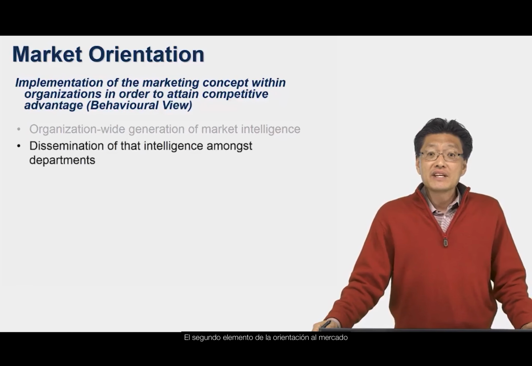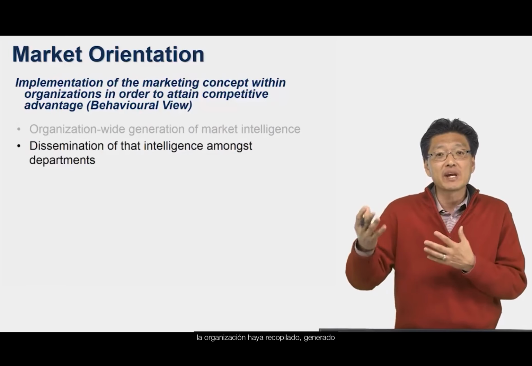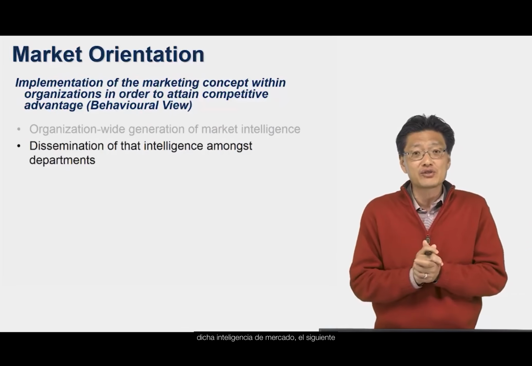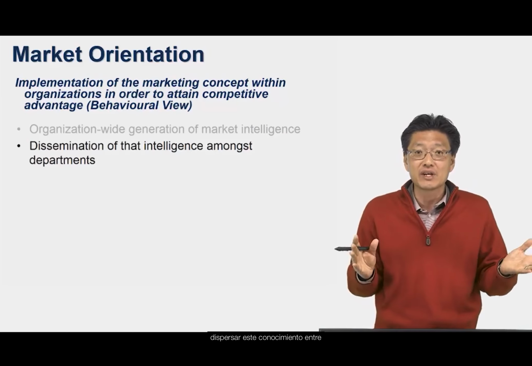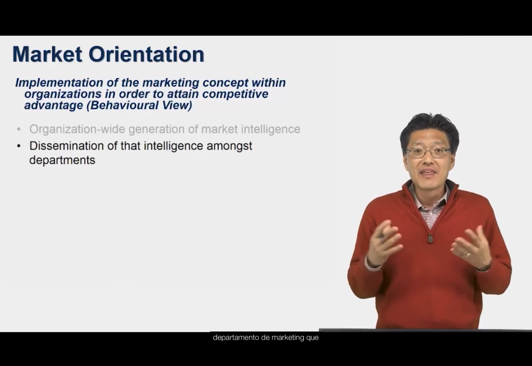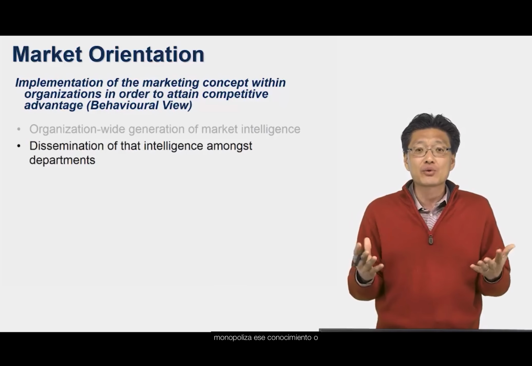The second element of market orientation is the dissemination of that intelligence amongst departments. So once the organization has collected, generated such market intelligence, the next step is to share this, to communicate this, to disperse this knowledge across different functional areas within the organization. So it is not just the sales department, or it is not just the marketing department that monopolizes, that sits on such knowledge or information,